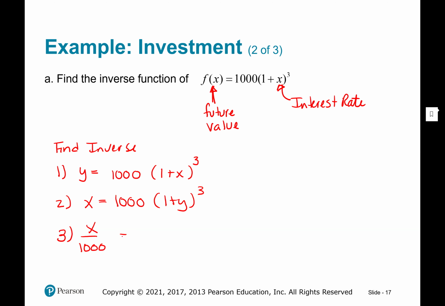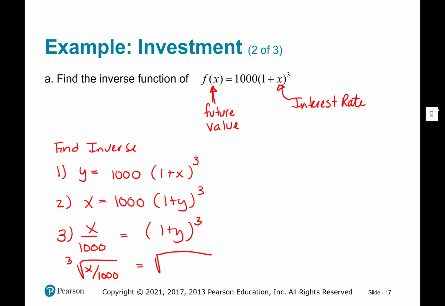Does anybody know what the cube root of 1,000 is? How do I know it's 10? It's got 3 zeros. 10 times 10 times 10 is 1,000 because you got 3 zeros. So if I take the cube root of something with 3 zeros and a 1, it's got to be something with a 1 and a 0. So if I take the cube root over here